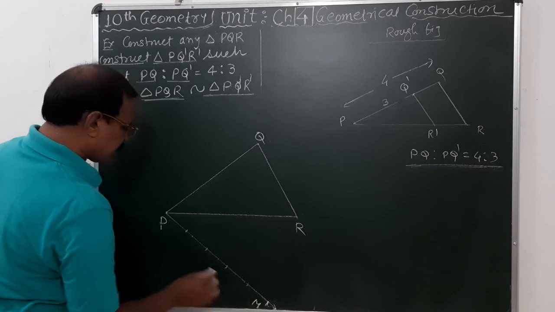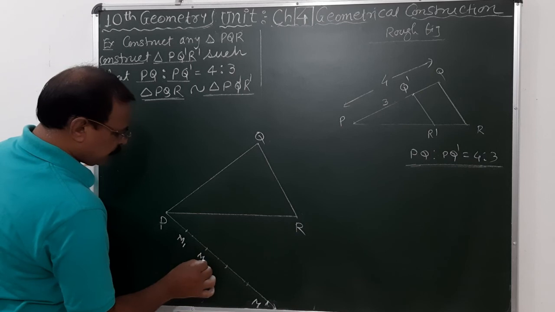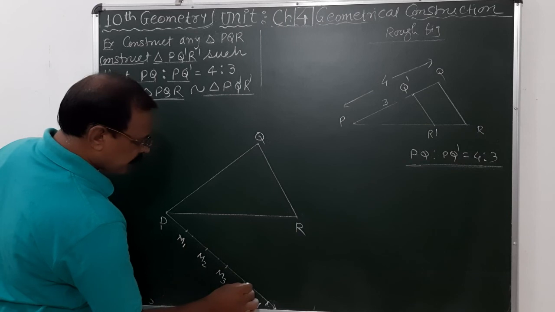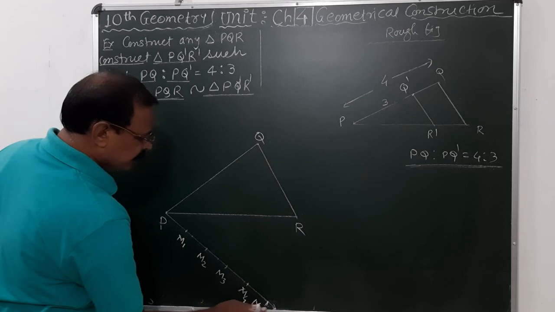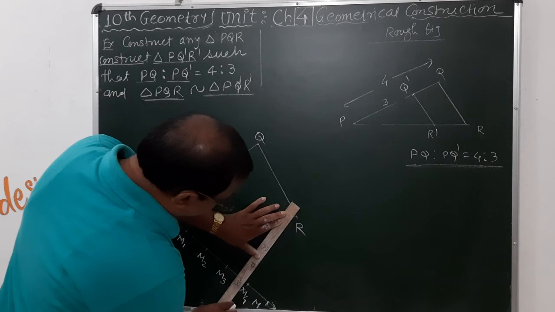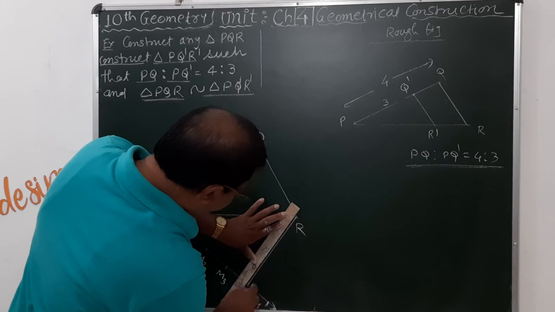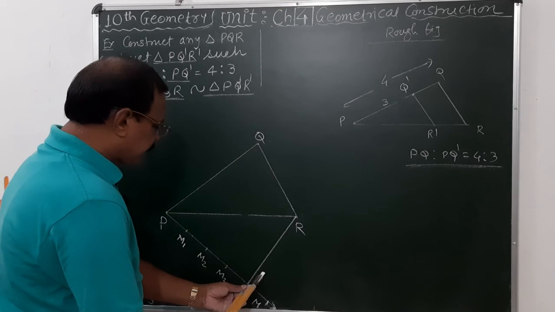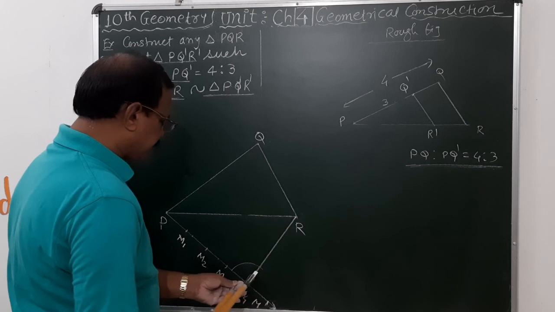Suppose this is the PM ray here. Suppose this is the first point here, PM1, M2, M3, 1, 2, 3, and here is 4, M4 here. So 4 parts on the ray. So this is the ray here, PM ray. I just joined P point to M4 first here. Then here I draw an arc, a suitable arc like this here. So I draw the same here.